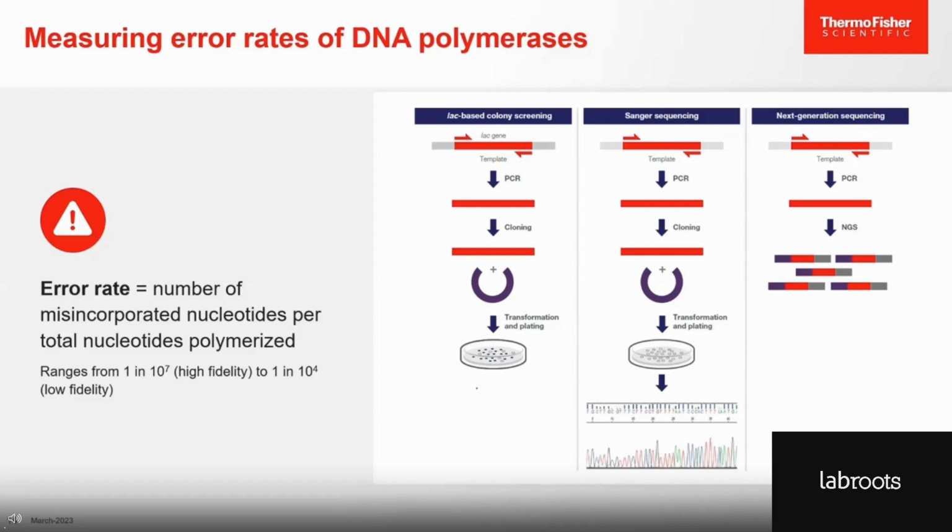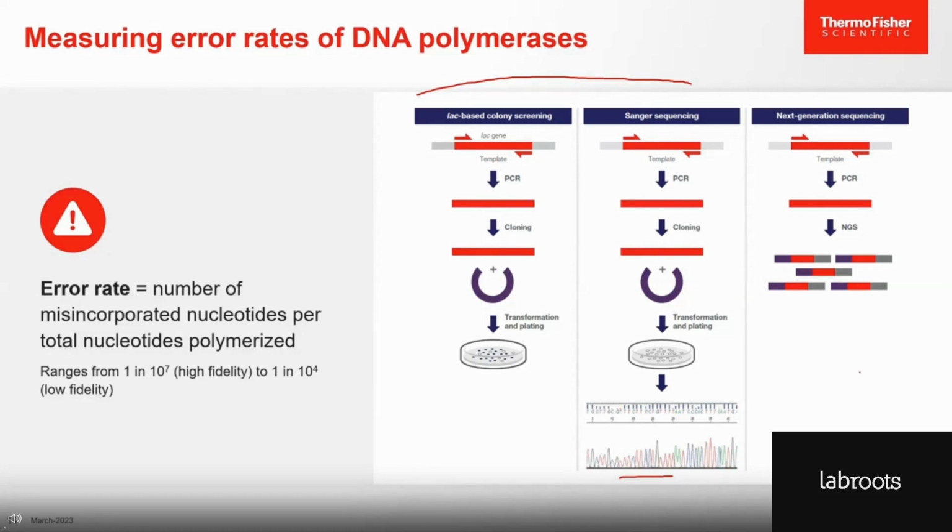On the left column, an overview of colony screening assays. In the middle column, Sanger sequencing, and in the right column, next-generation sequencing. Colony screening assays and Sanger sequencing both require huge data sets to see statistically significant and reliable error rates of high-fidelity DNA polymerases. Nowadays, next-generation sequencing techniques provide an effective method to analyze a large amount of data and provide a more accurate quantification method. When you're looking up fidelity of different polymerases, it is important to note the method that was